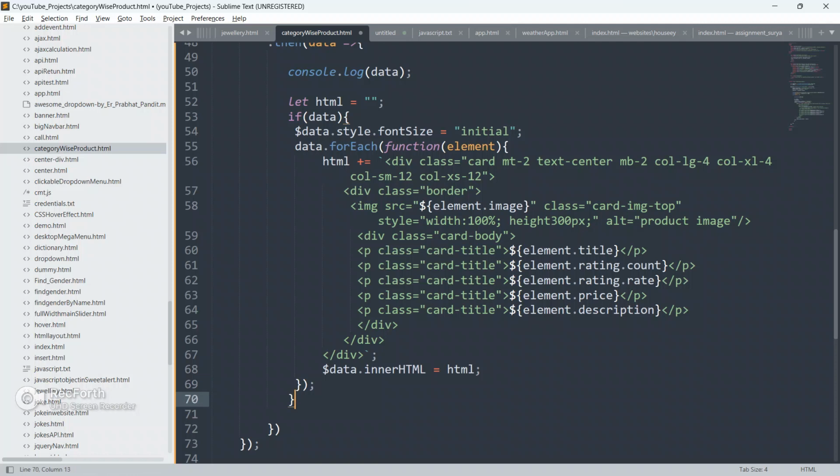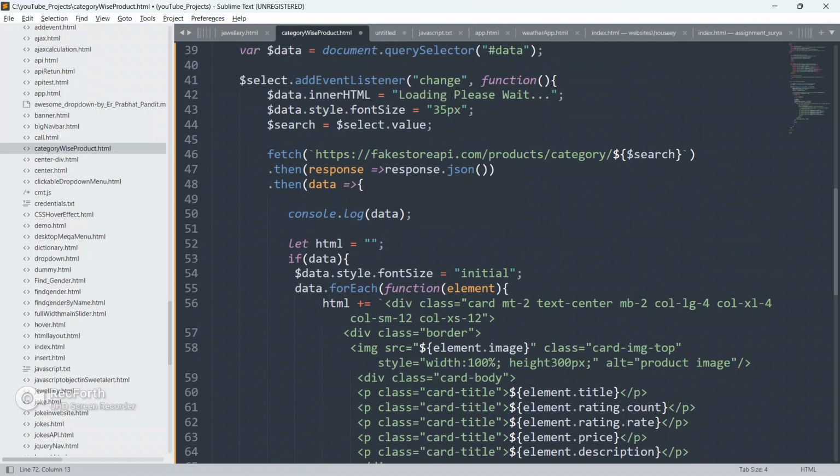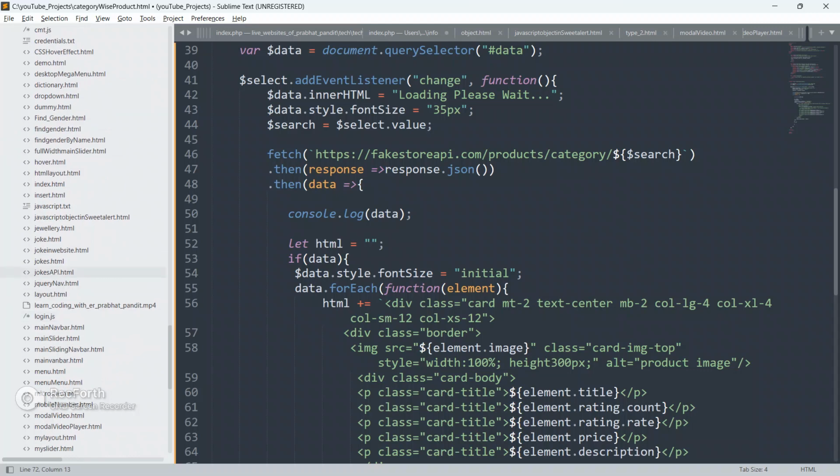Else, alert. As you know, guys, I said we are not going to use the normal alert, but I have to use the normal alert here for now.